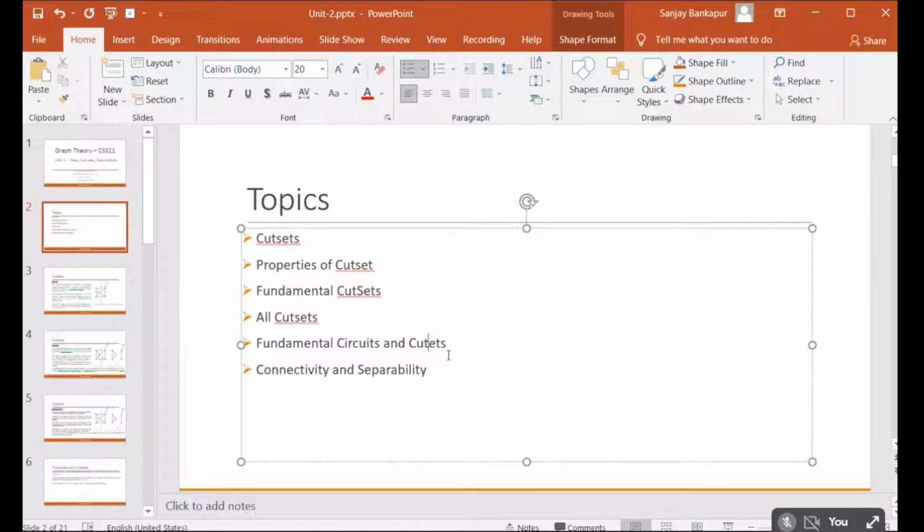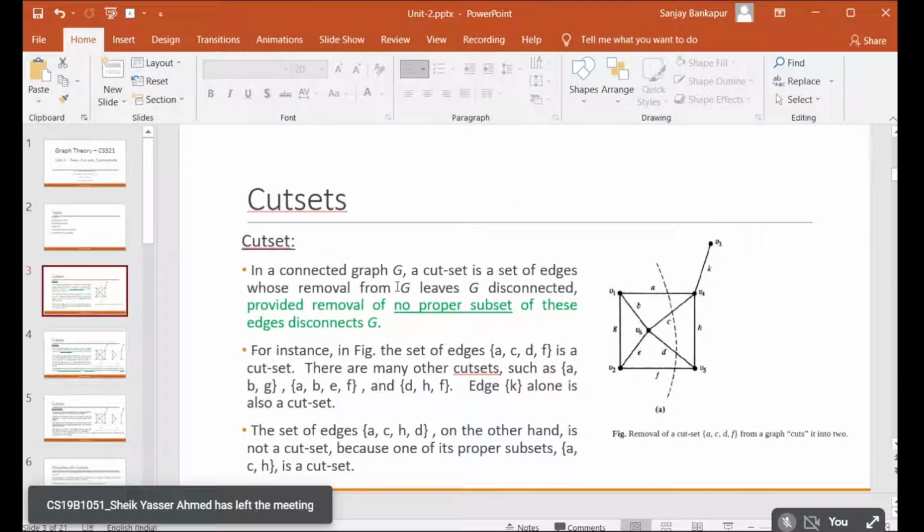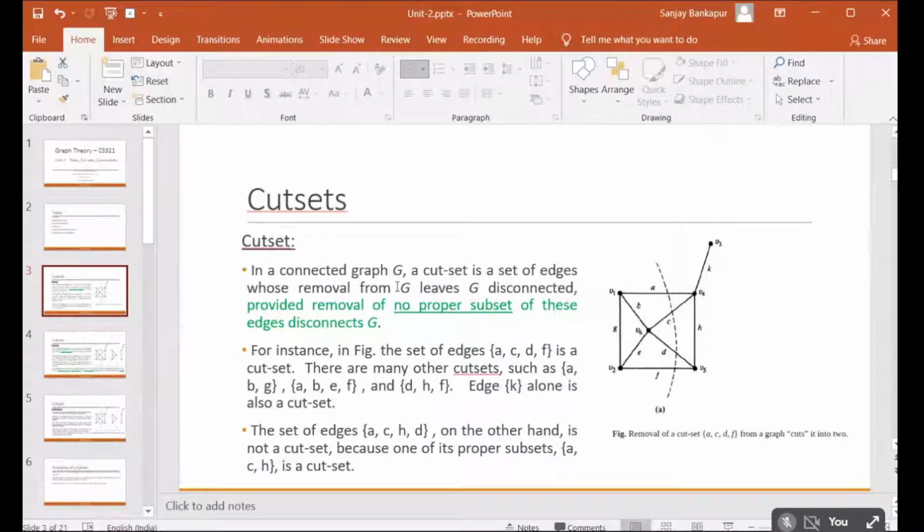As the name says, cut set, it's a set basically, and it has been cut from a given graph. I've shown a graph here, say it's figure A. It has 5 vertices and a few edges and a dotted line, right? So that is the cut.